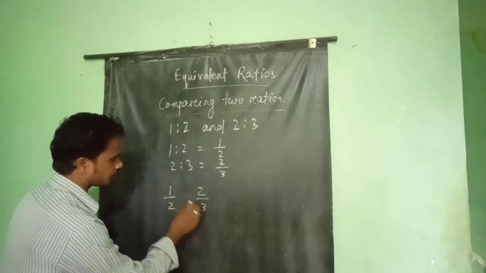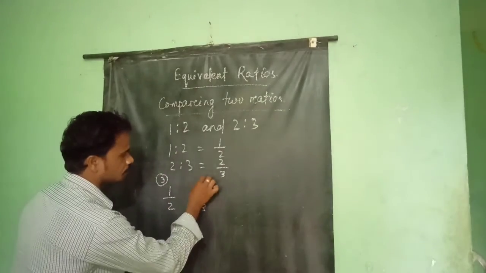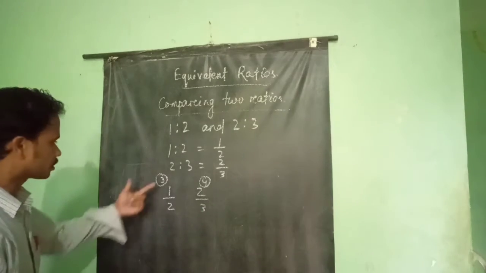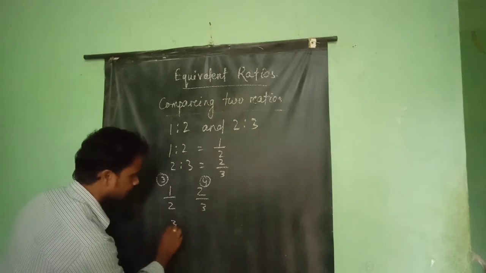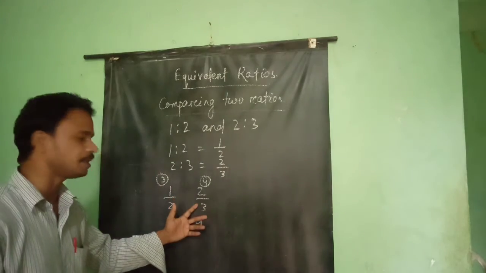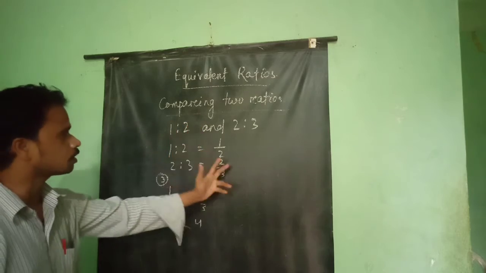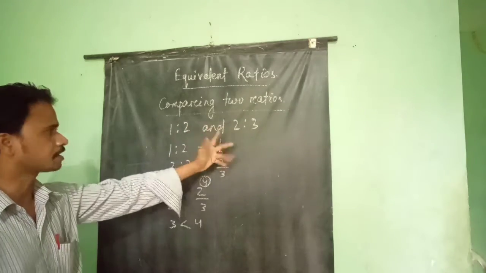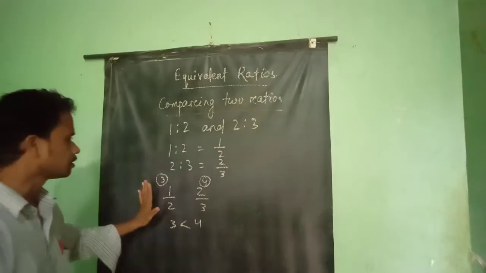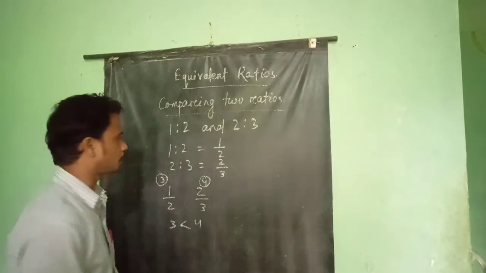So 1 into 3 is equal to 3, and 2 into 2 is equal to 4. So 3 is less than 4, means 1/2 is less than 2/3, and that means 1:2 is also less than 2:3, and they are not equivalent. Clear? इसको हम और एक प्रोसेस पे, एलसीएम की प्रोसेस पे भी कर सकते हैं।